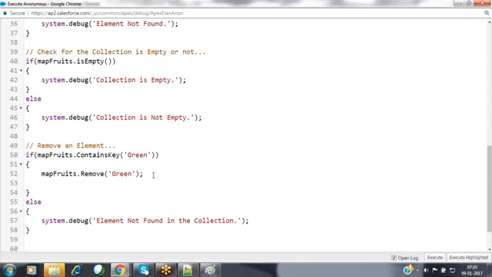So now if you want to show the collection size, system.debug after removing the element, collection size. I want to show that collection size here. Map fruits dot size.